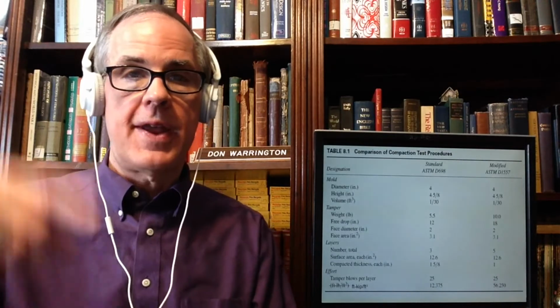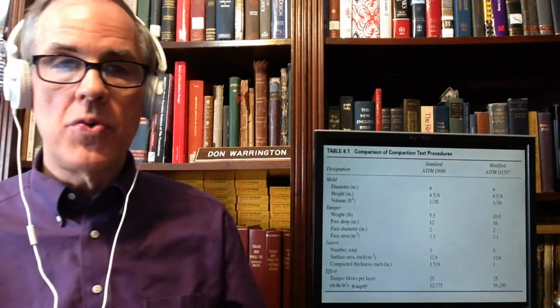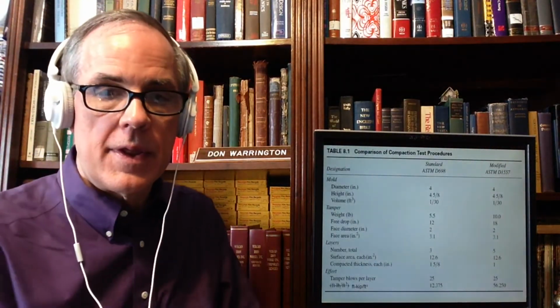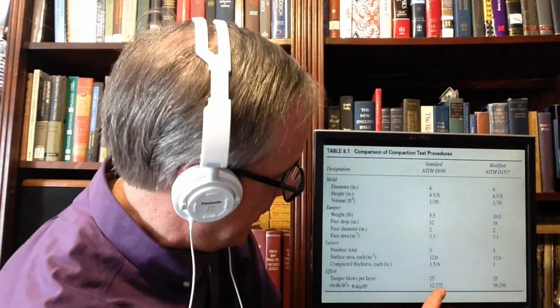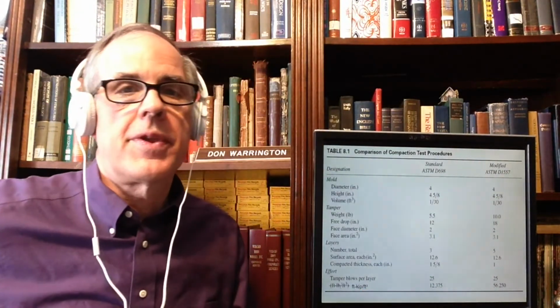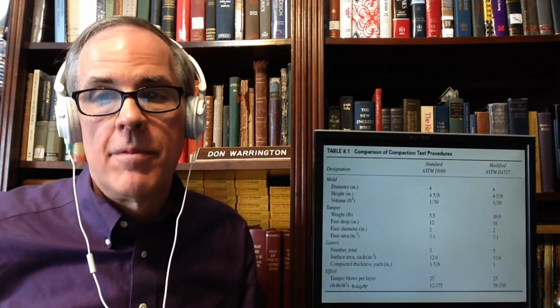You go for a 10 times 18 inch drop, and you put in more lifts. If you take the energy of the drop, multiply it by 25, you get the total energy you've put into a layer. Then divide by the volume of the layer, and you get the compactive effort. For a standard Proctor, that is 12.375 foot-kips per cubic foot, but for the modified,